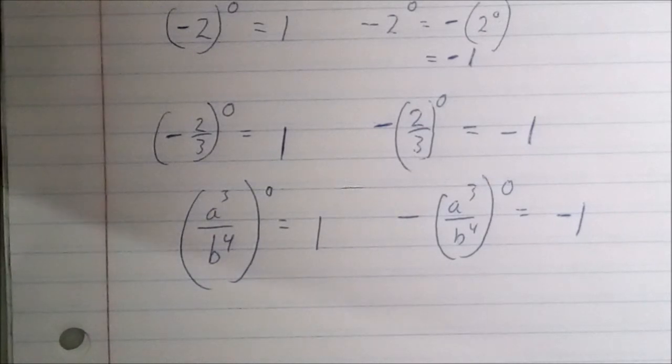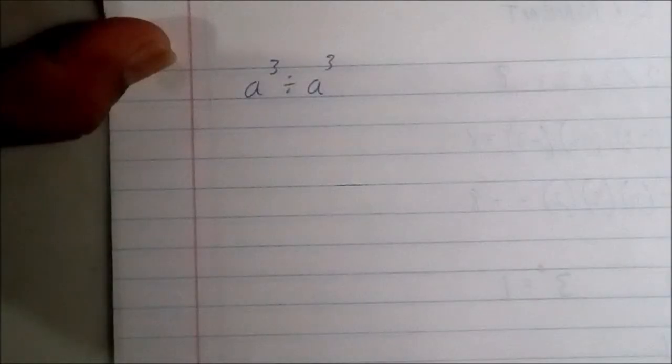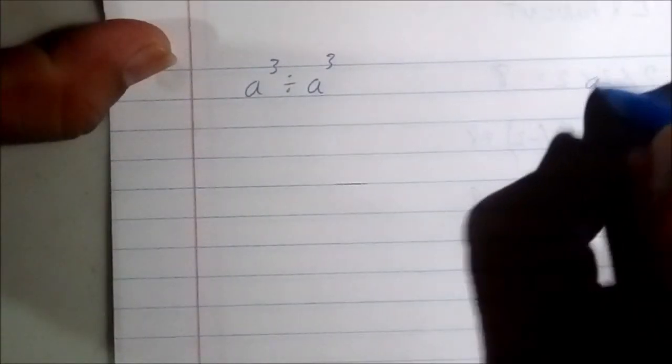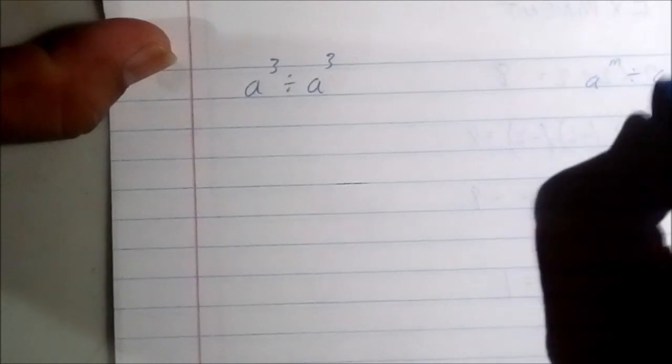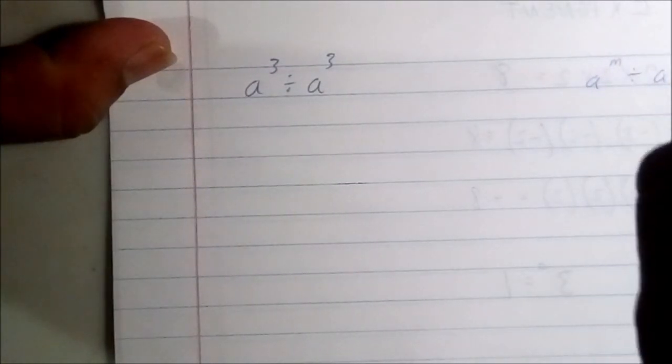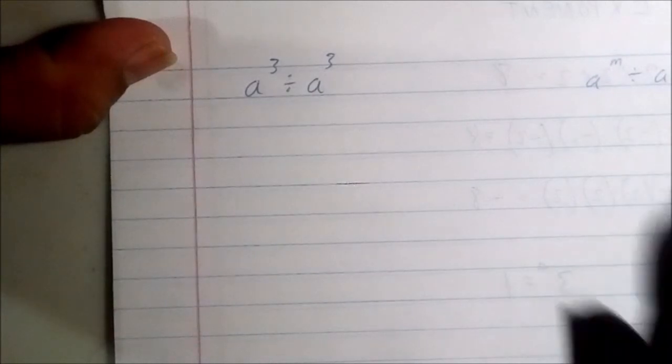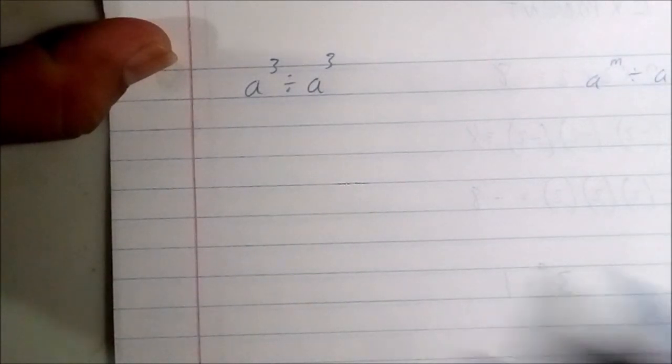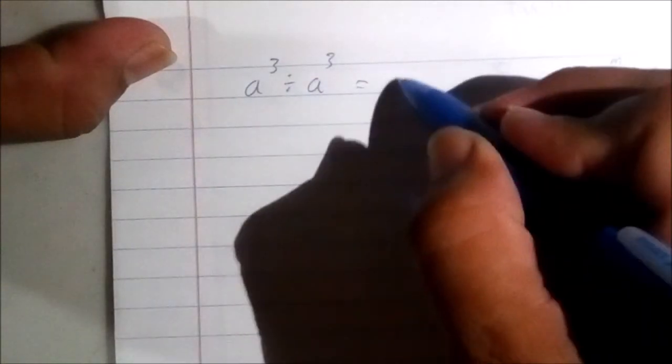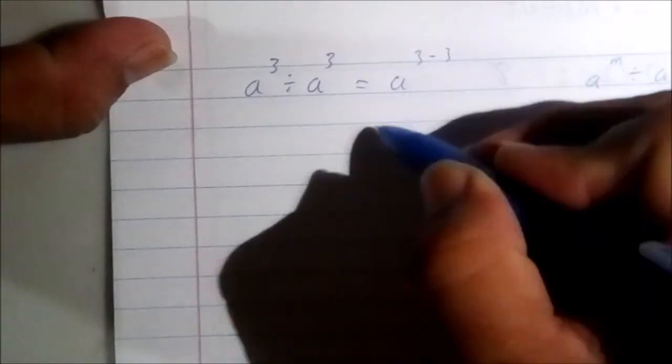Let's try to solve some other ones where we get 1. So let's try to do some proving at the same time. Well, we have done division of exponents, so we'll be doing some division of exponents and getting the value of 1. So if we had a to the third power divided by a to the third power, according to our rules, so long as you have a base to a power divided by that base to a different power, we keep the base and simply subtract the denominator power from the numerator power, and that's our solution. Therefore, what we would do here, we would say a to the 3 minus 3,